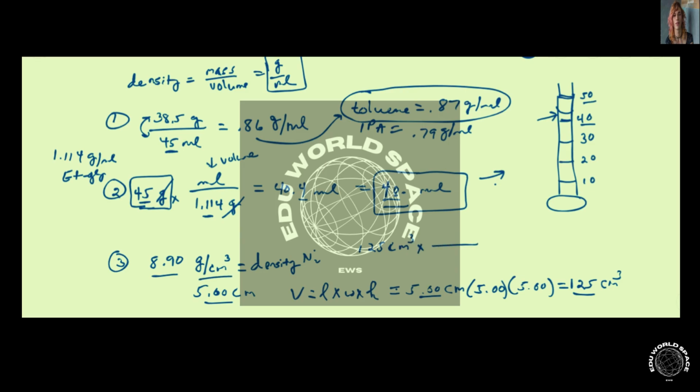and manipulate the density here so that we have mass on top where we want it, 8.90 grams, and cubic centimeters, the volume units, on the bottom. We can cancel these out, and as we do the math here, we end up getting 1125 grams. Sorry, I knew something was wrong there. It should be 1112.5 grams. But notice we have 3 significant figures in each of these measurements, so we're going to need to round this to 3 significant figures,